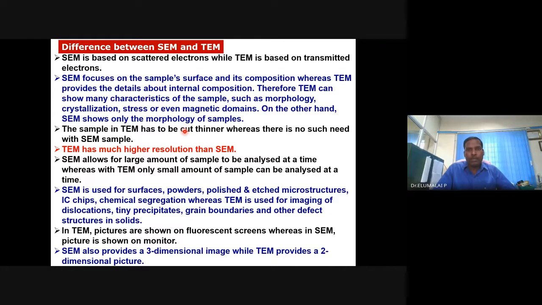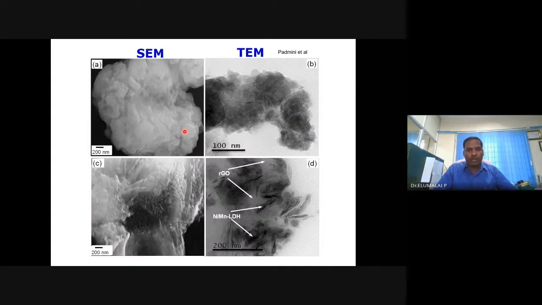You'll be able to get the canopy of the material, morphology of the material, crystallographic nature, domain sizes, grain sizes, or particle sizes, and in the TEM, you'll be able to get much better information. In the TEM, I think I should be able to tell this. Yes, this is the same image. What do we see here? We see some materials are there, and it is having some features.